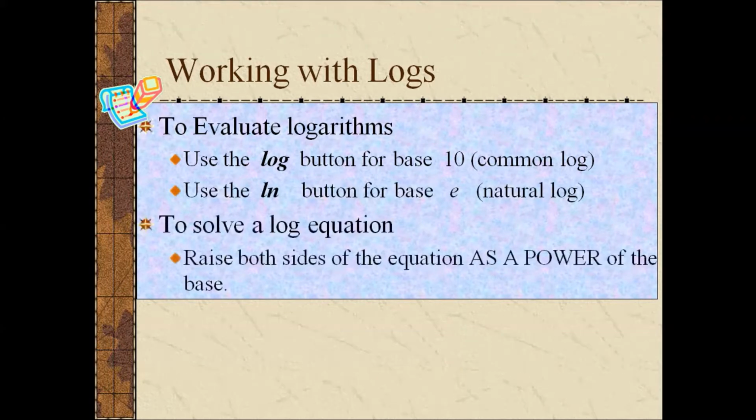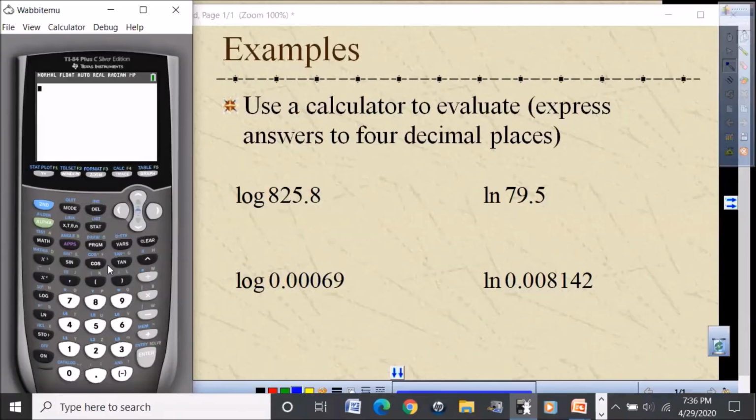In this lesson, we're going to see how to both use the log button and the LN button, and then how to solve a log equation. We're going to use a strategy of raising both sides of the equation as a power of the base. The log button on a graphing calculator, such as the TI-84, is pretty easy to use. We just look down the left-hand side, find the button that says log, and type in the argument, as we call it. So log of 825.8 is equal to